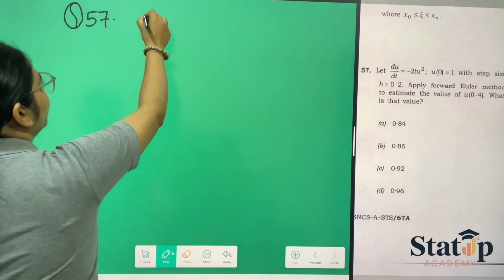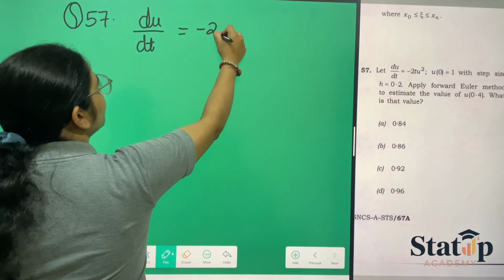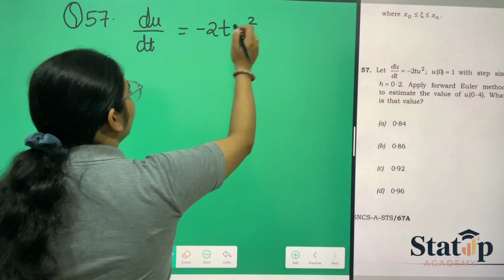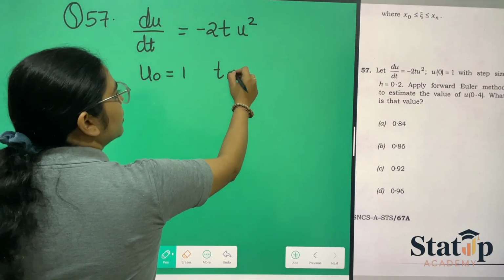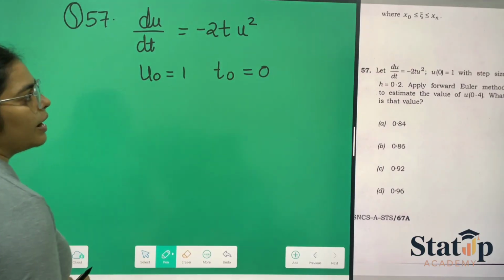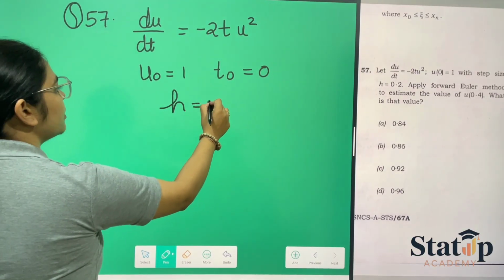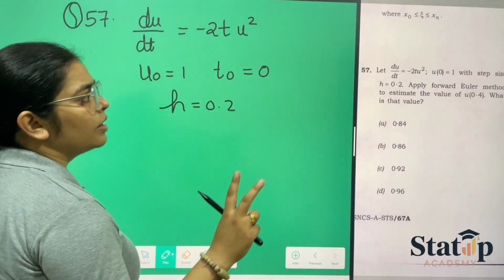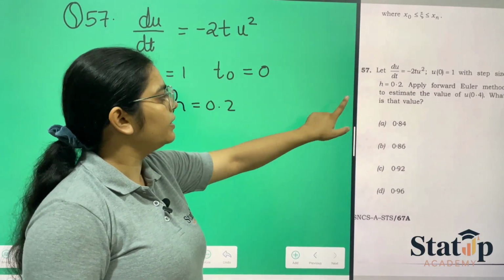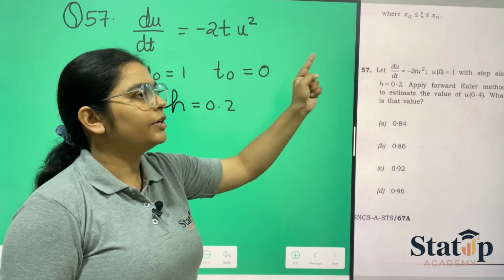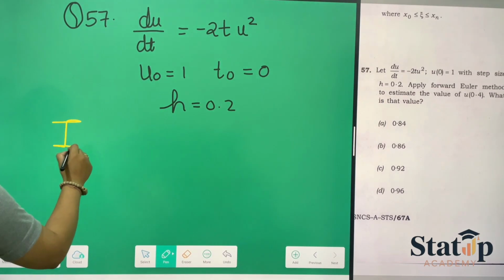Here du by dt has been given to us as minus 2t u square, and u0 is 1, t0 is equal to 0. And we have to find the step size, and step size has been given to us as 0.2, and we have to find till 2 steps, because from 0 to 1 it is 0.2, from 0.2 to the second it is 0.4. So the first step is again that